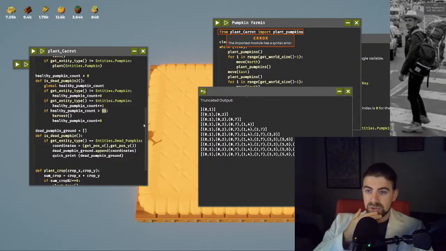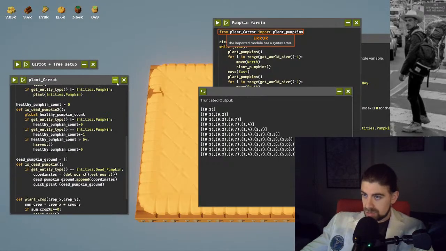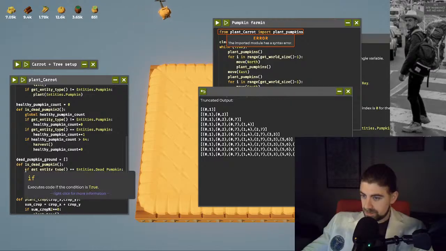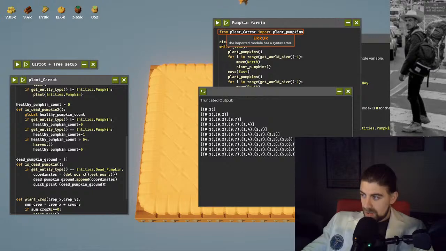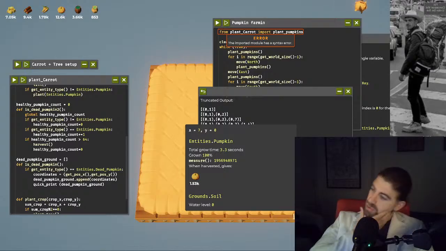Every time you run the function, you are emptying. Okay, so you already told this, Jim. That was really useful. All right, so plant carrot. So folks, this is really useful stuff. This is where we have all the dead things. So I think once the robot has worked 64 times,